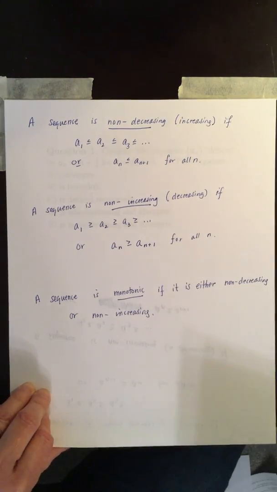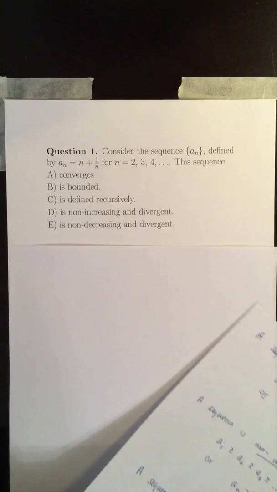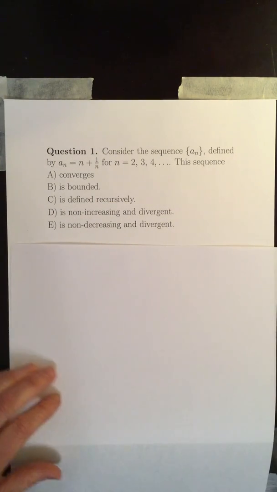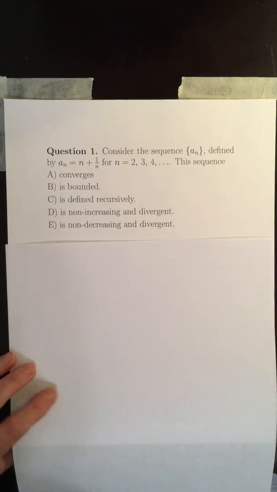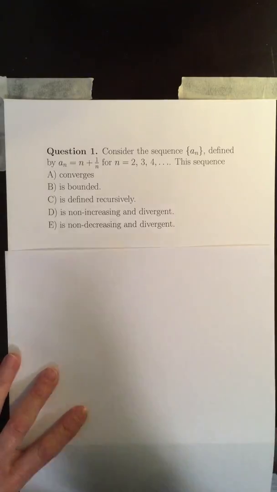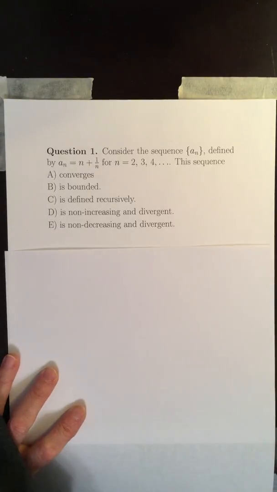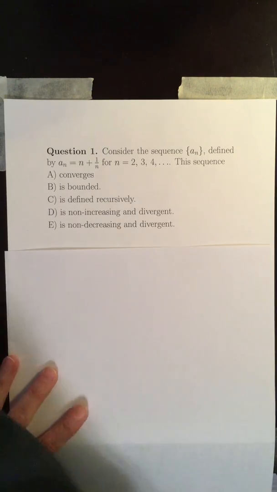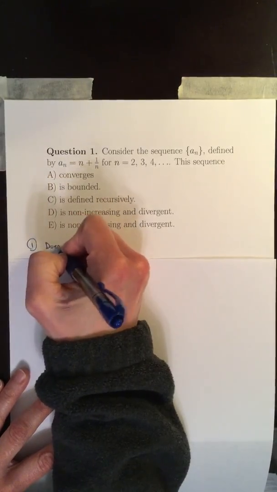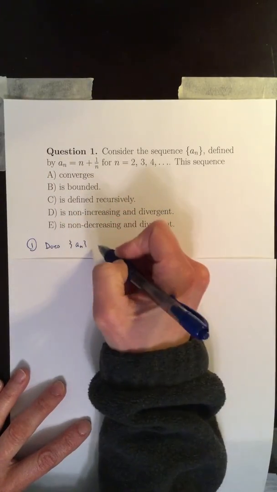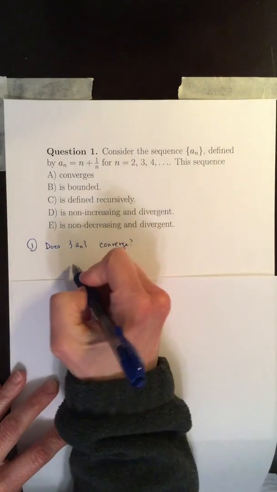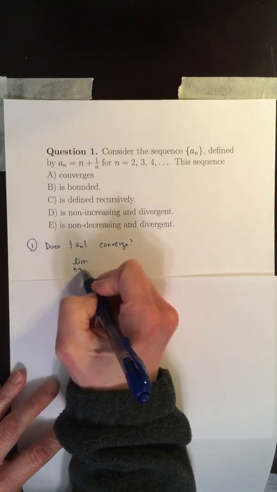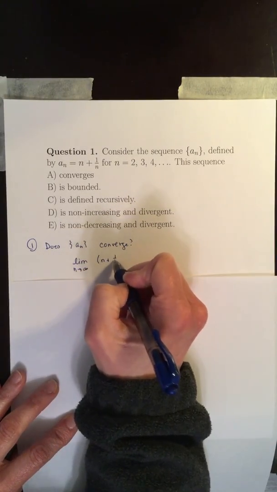So let's take a minute and take a look at question 1 of the individual readiness assessment test for section 10.1. We consider the sequence a sub n, which is defined by a sub n equals n plus 1 over n, where n goes from 2 to 3 to 4 and so on. Let's address a few questions. First of all, does this sequence converge? In order to answer that question, we ask, is the limit as n goes to infinity of n plus 1 over n,